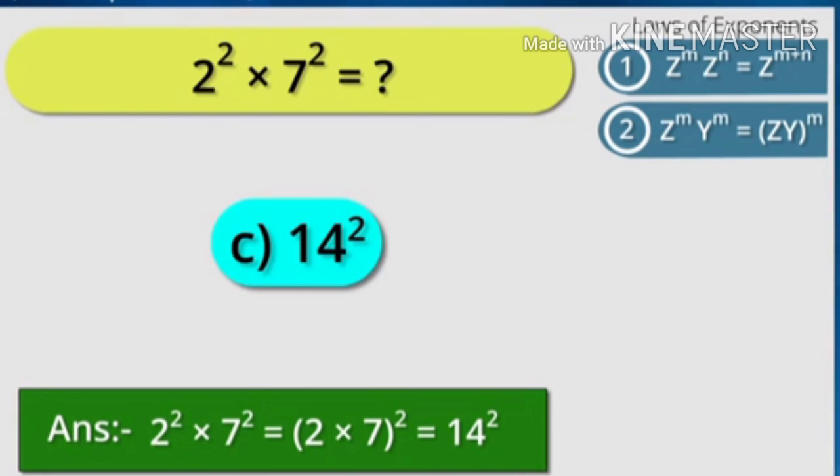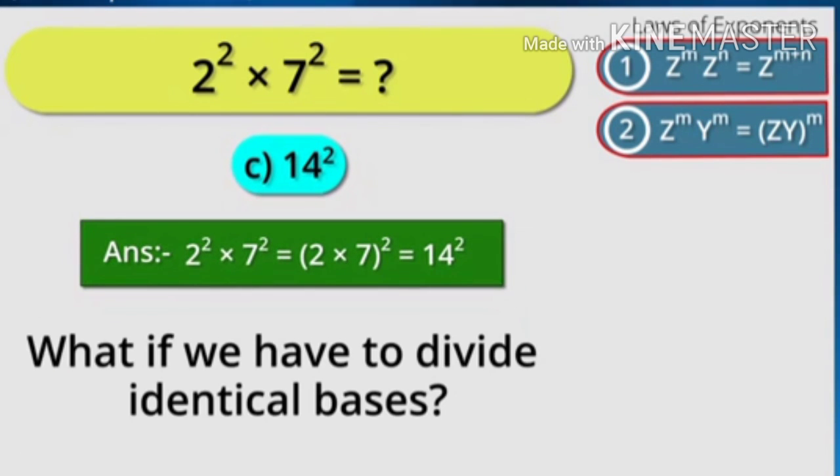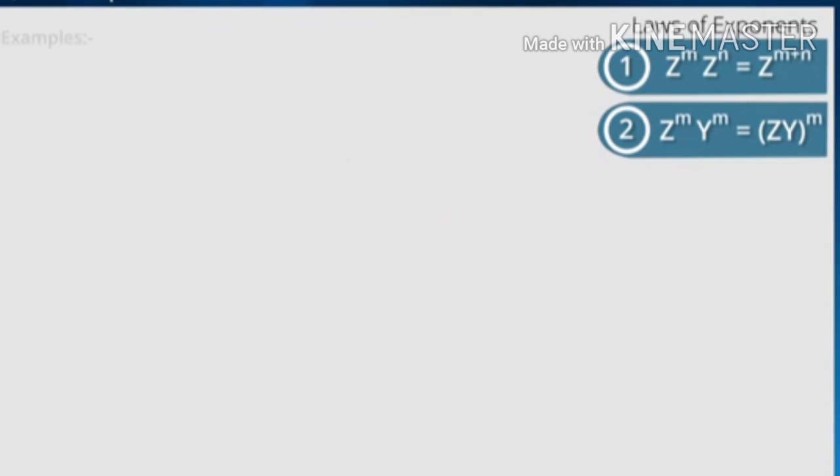Now moving ahead, this was when we have to multiply identical bases and identical exponents. But what if we have to divide identical bases? Let's see what will be the solution for the following examples. First example,